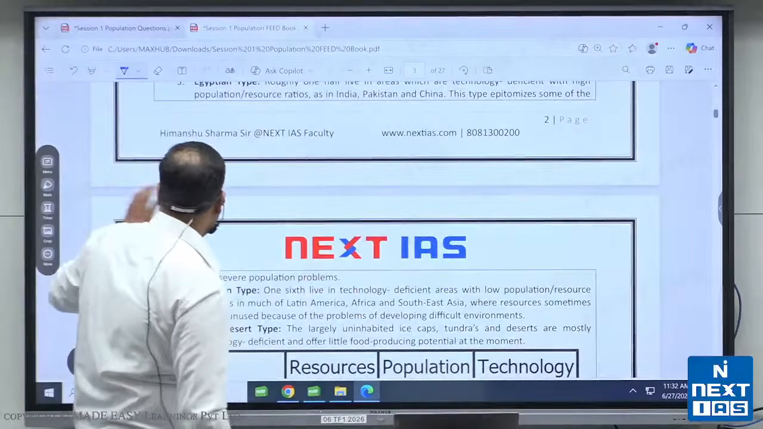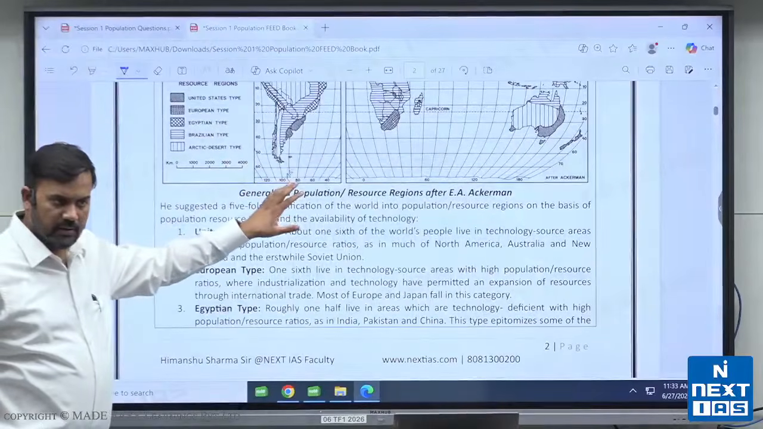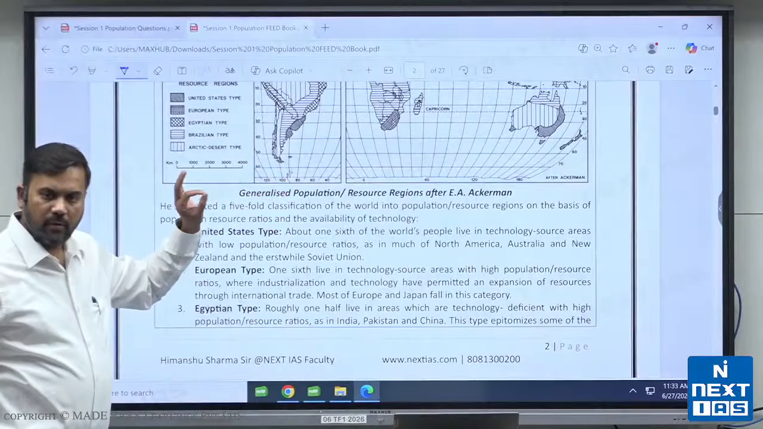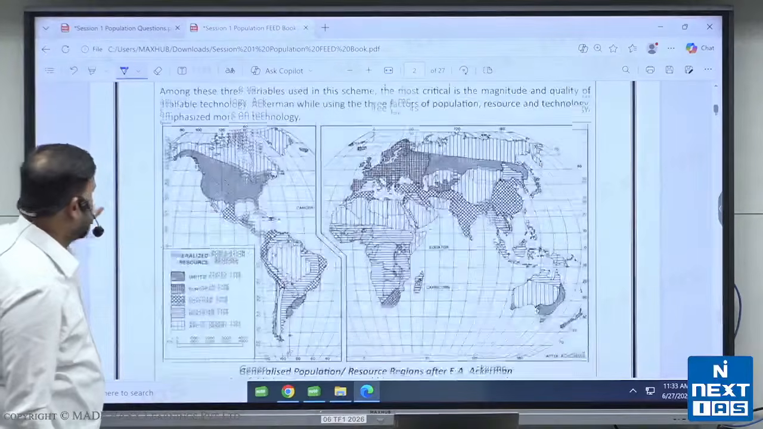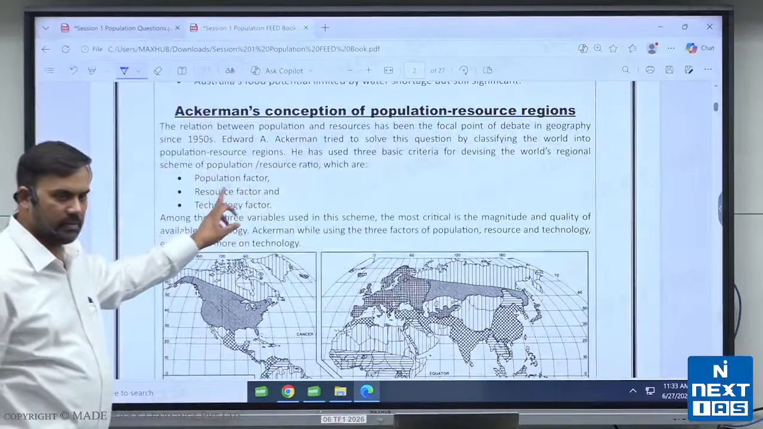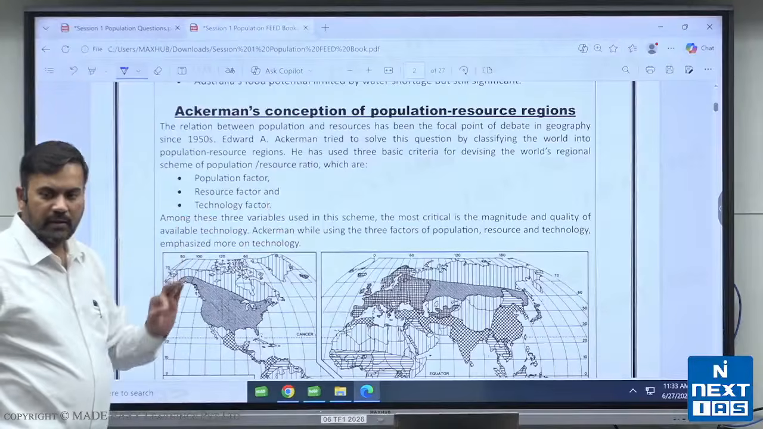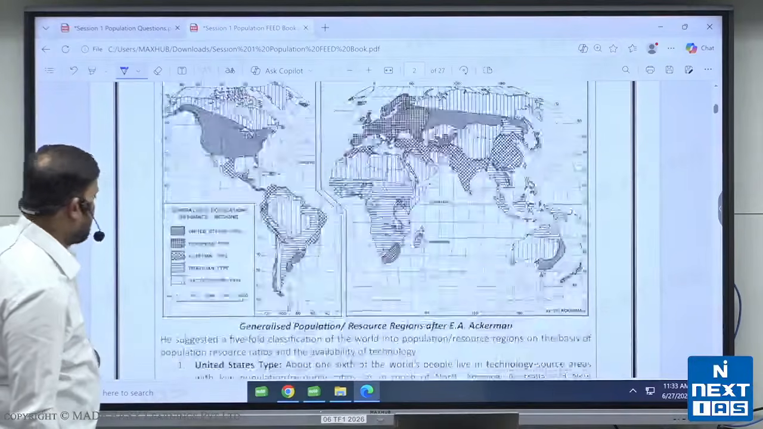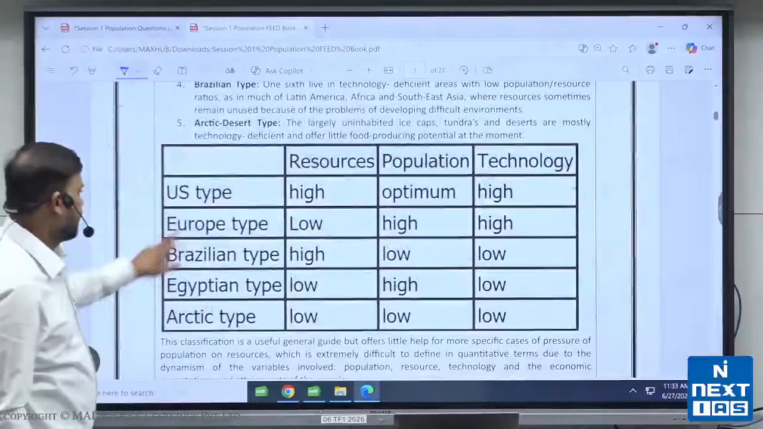I just forgot to tell you one thing. I have given the Ackermann's population resource region. He is an example of cornucopian thinker. He takes 3 factors into account: population factor, resource factor and technology factor. But he gives greater importance to technology. And if you talk about how, इस एक चार्ट बना हुआ है उसमें देख सकते हो यूएस टाइप में क्या